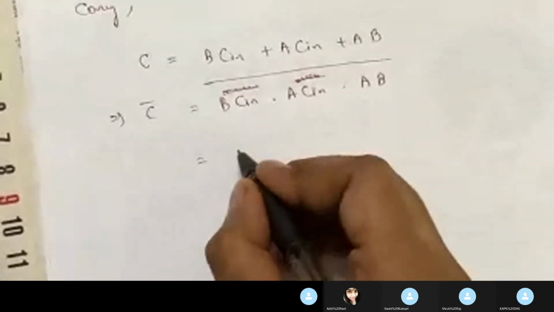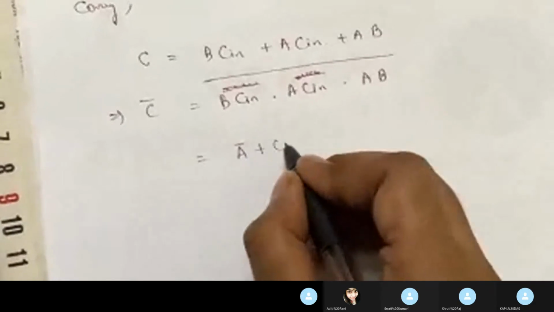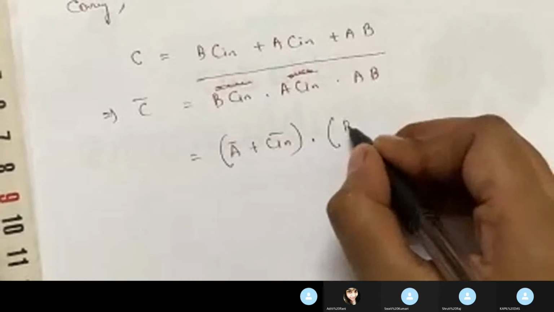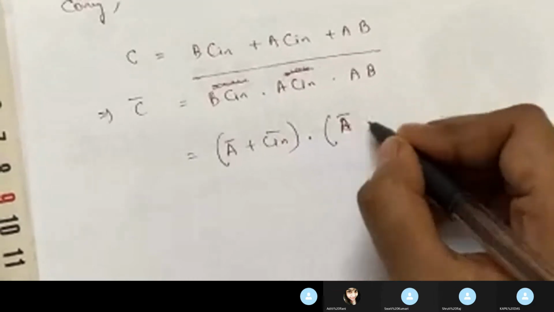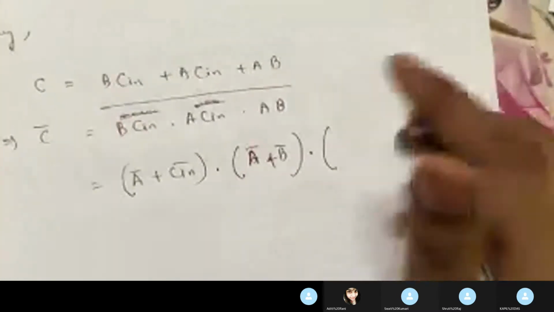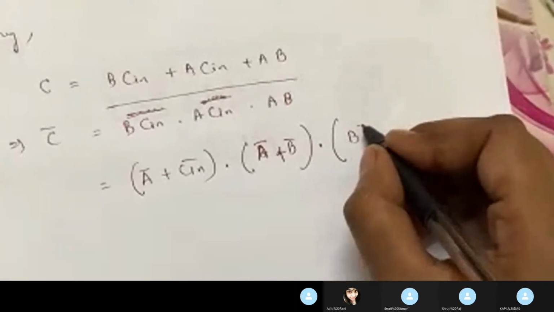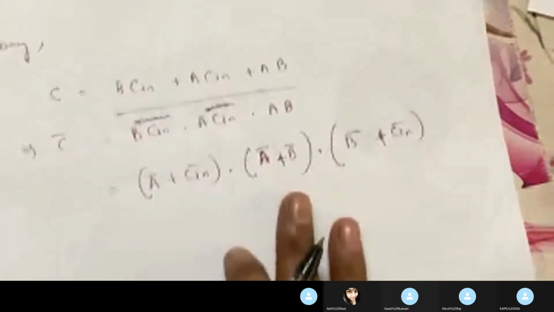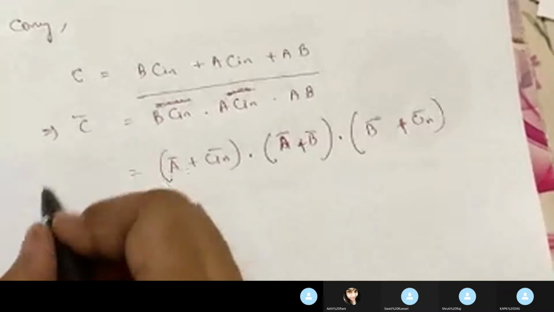Now it will be like A bar plus C in bar, ये बार यहाँ पे लिख रहे हैं, into B A bar into B bar प्लस ये अगर यहाँ पे लिख रहे हैं तो नेक्स्ट B bar plus C in bar. इसको complement finally C bar will be like this using De Morgan's theorem. So now what we will do? We will design the CMOS logic from this. CMOS logic इसका क्या होगा?